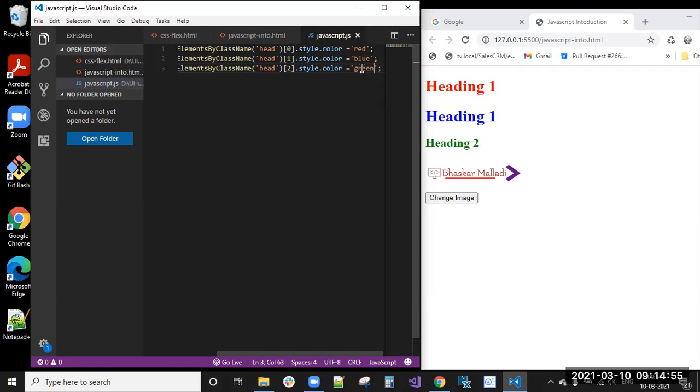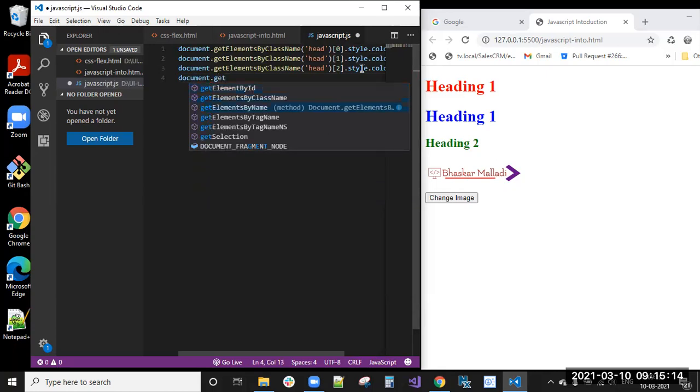We have only 3 types of selectors: document.getElementById, document.getElementsByClassName, and document.getElementsByTagName. There are different types, but those types are not important. So by ID, by class name, by tag name, these are the things you can remember.